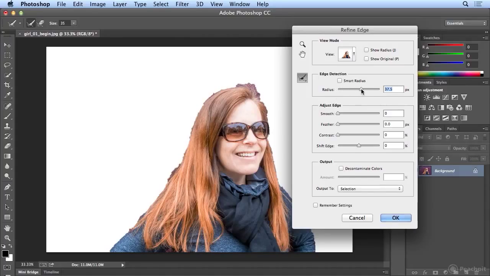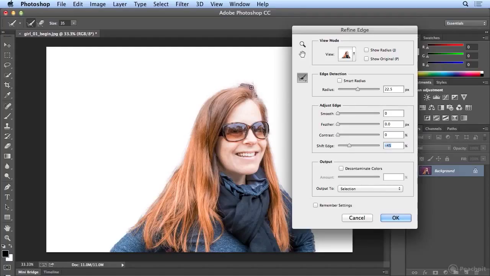If I slide Radius up, it attempts to wipe out the background, leaving the object or subject you selected. So Radius also does a little transparency on the edge to hide where you're selecting. And if I got too much here, there's a tool in Refine Edge where I can paint and have it re-evaluate. But I think it's done quite a good job. I can also contract. If I'm picking up too much purple, I can shift the edge inside the subject, grabbing less. And the white background is one of the best for viewing it on.